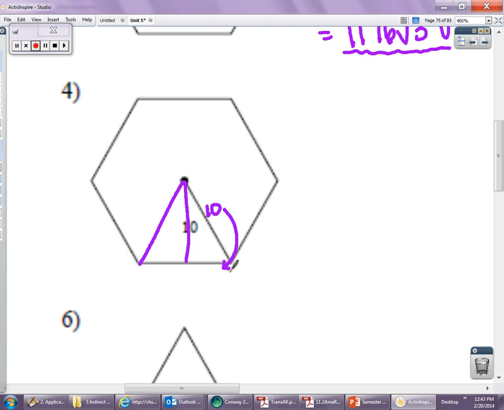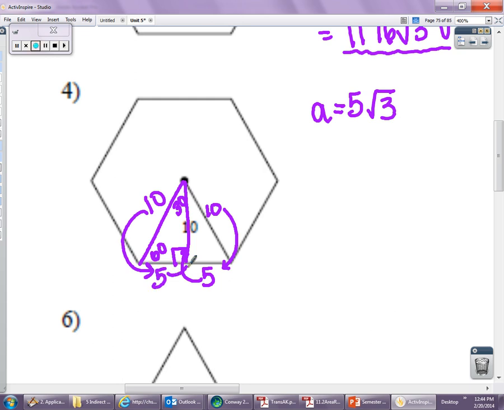Half of 10, working backwards to find my short leg, is 5, and therefore my apothem, that again is a special right triangle, 30, 60, 90. Okay? 10, work backwards, get to 5, go forwards to get to 5 root 3. Okay? So now that I have that, I know that one side is also 10 because in an equilateral triangle, all